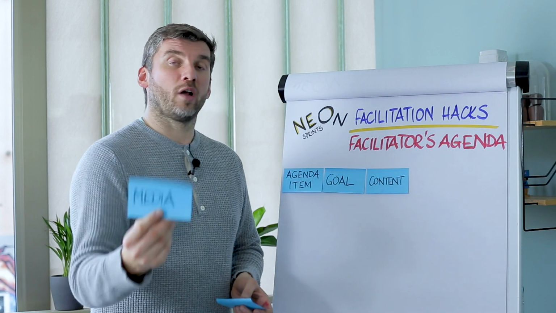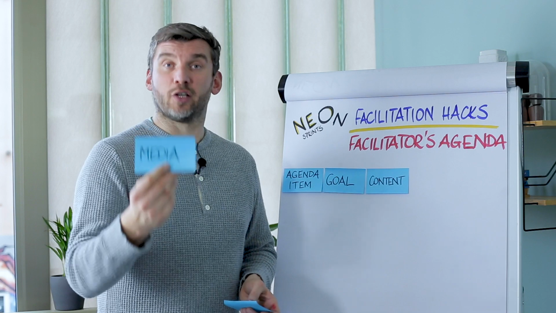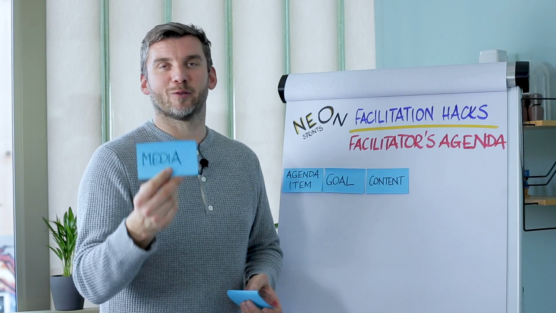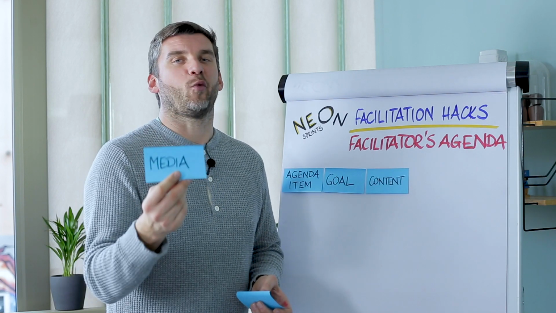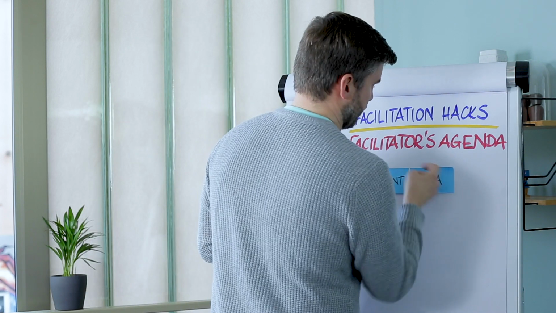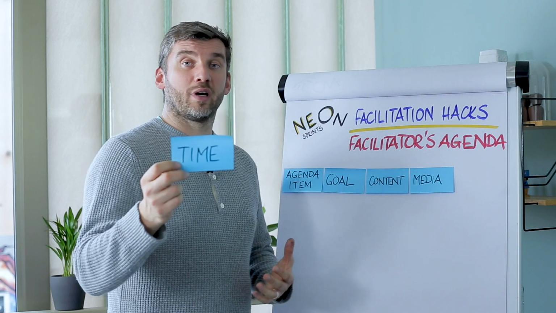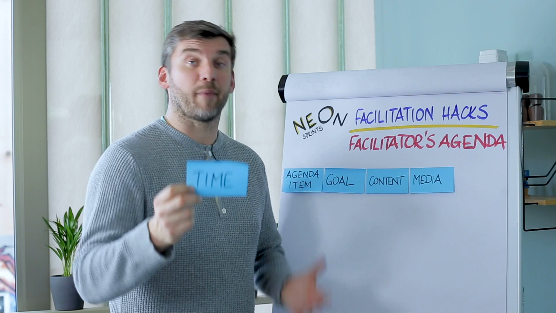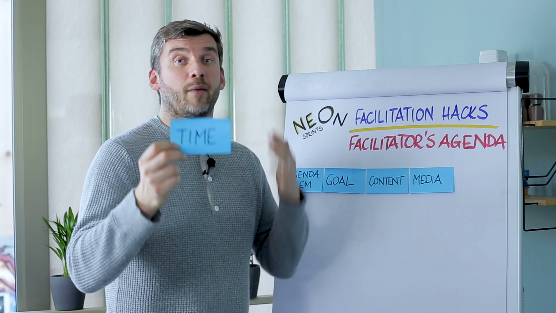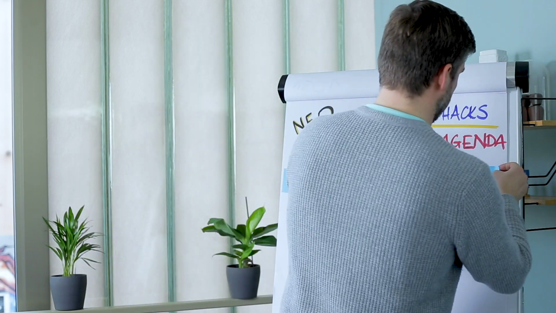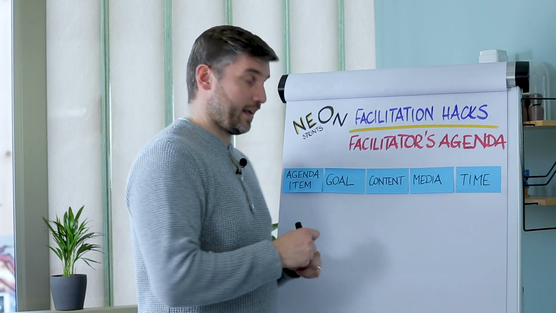Decide upfront what media or what equipment you're going to need in order to be able to cover this point in your workshop. And finally, make sure that you clearly state how much time you want to allocate for each item on your agenda. Building up a grid like this,